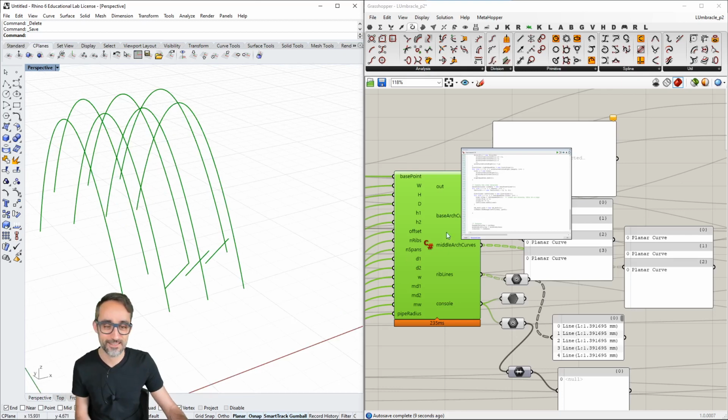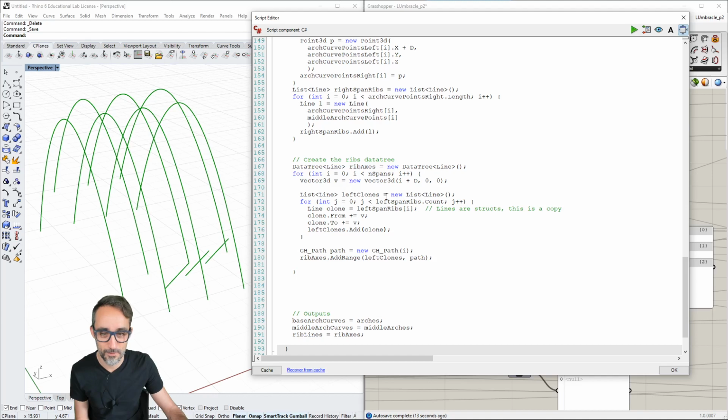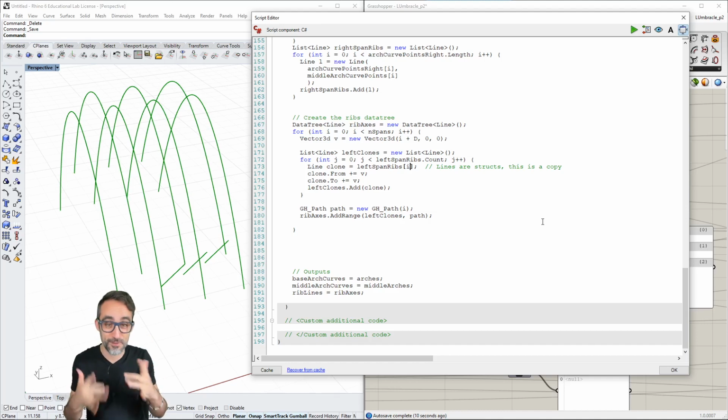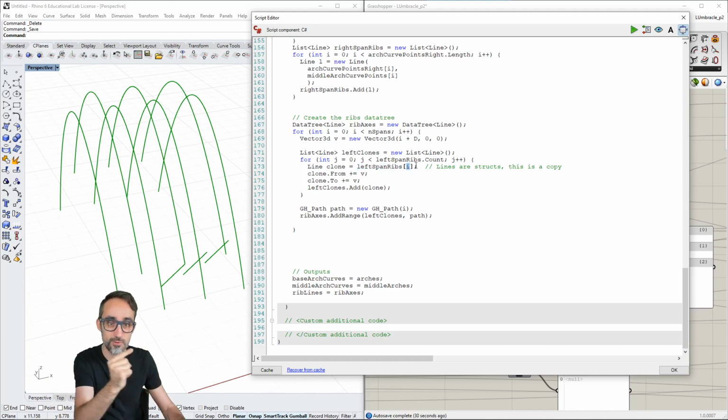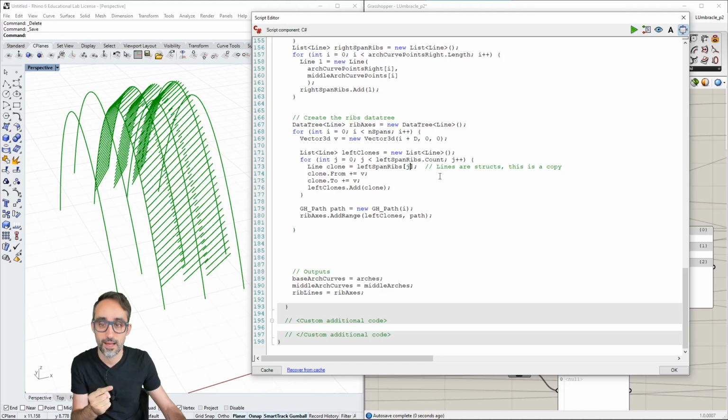I've only moved these 3 lines here. Let's see what happened. It's probably something with left span ribs count, line clone. Okay, let me take a look at this. Yeah, this is what happens with coding, trying to code things fast. I am in a nested for loop where I'm using I to iterate over the spans, and I'm using J here to iterate over each one of the ribs. And here in left span ribs, I used I, which is the span iterator, as opposed to J, which is the rib iterator. So if I change that to J, now we get